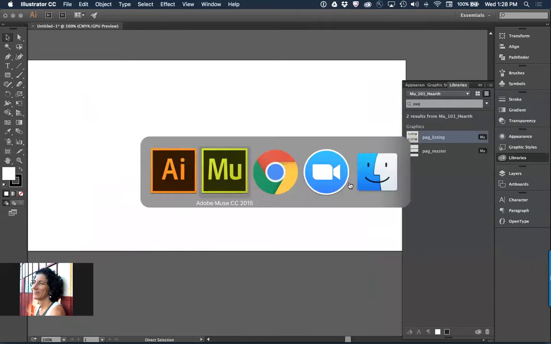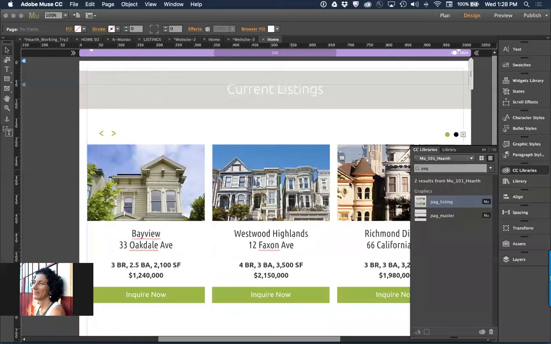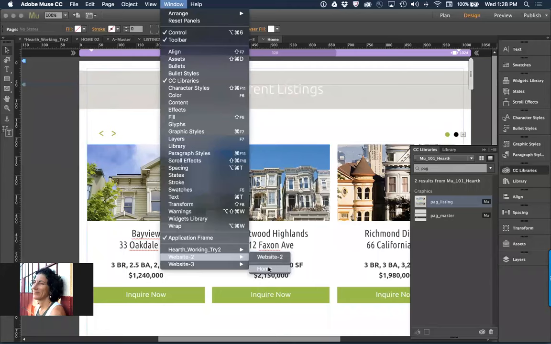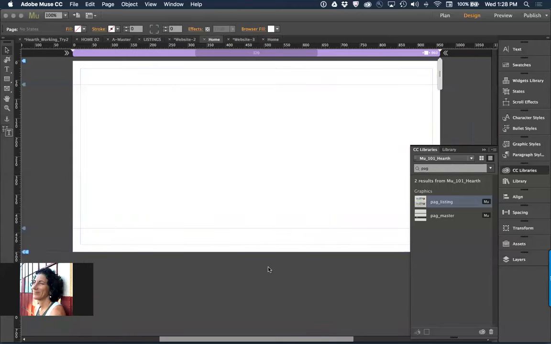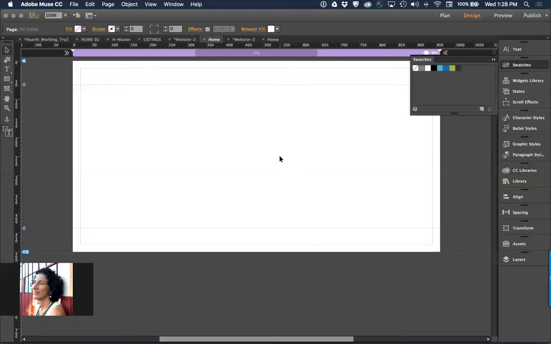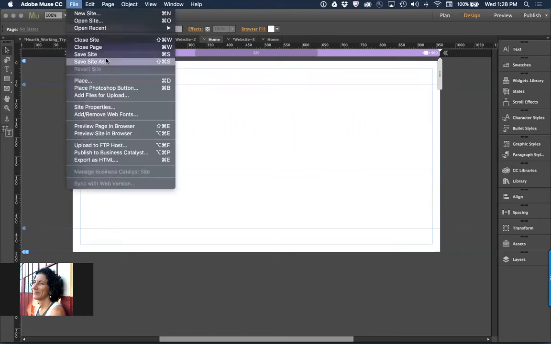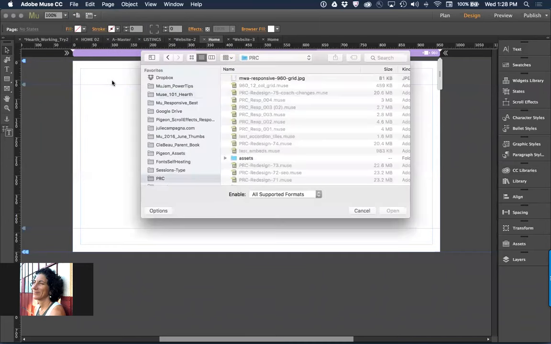Let's kind of keep going with that. Back in the Muse application, let's go ahead and go back to just one of my little blank pages. I don't need much here. Let's see if this is the one that has paragraph and graphic styles already contained. That's swell. So as I work, there's other kind of just, I think, mental hurdles that I've had to get over as I work with libraries. So ways that you can work with Muse, obviously, is if I pull down on File to Place, I can come in and grab